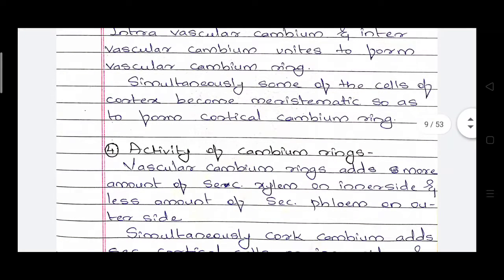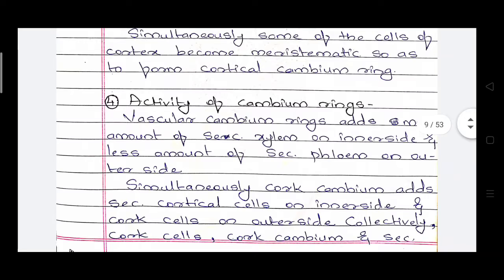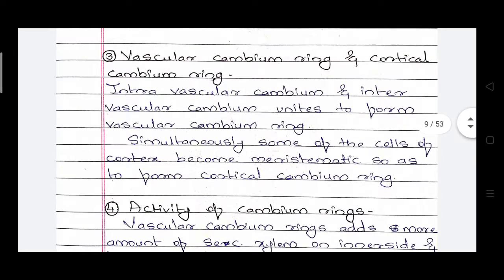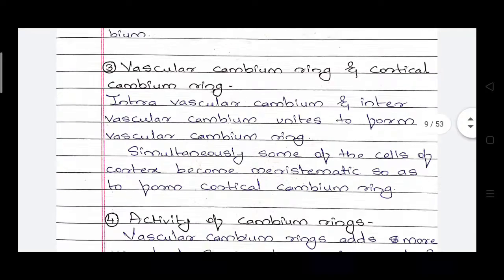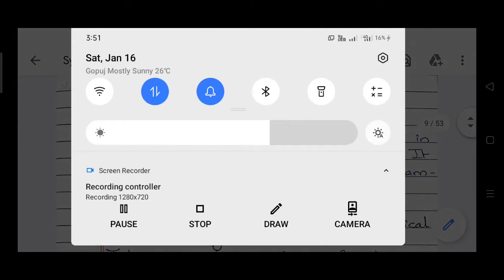These cambium rings then develop the secondary xylem and secondary phloem: secondary xylem on the inner side in more amount, and secondary phloem on the outer side in less amount. In this way normal secondary growth happens in the dicot stem. So now I stop here. I hope all of you are